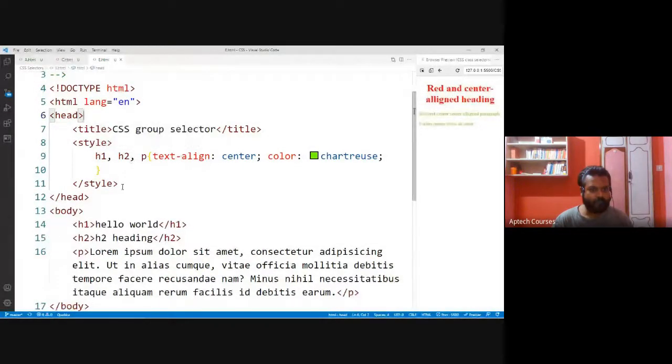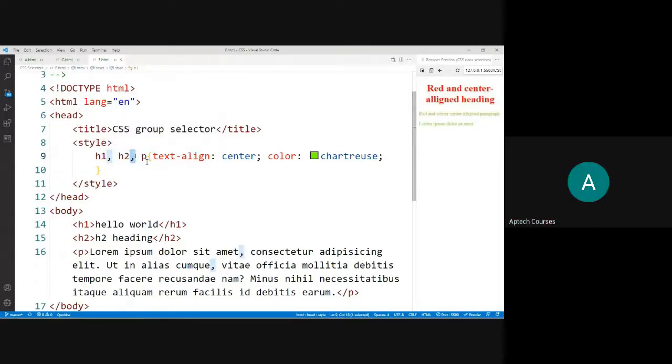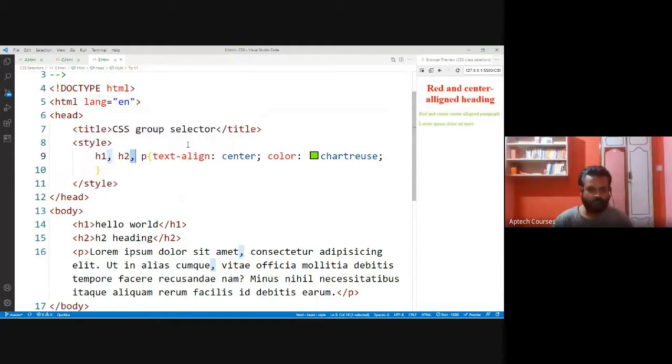H1 element, H2 element, then P element, by using comma as a separator. All these elements will be having this style: text align center, then color is chartreuse. Okay.